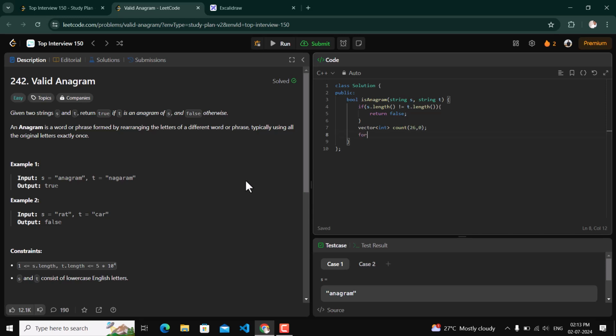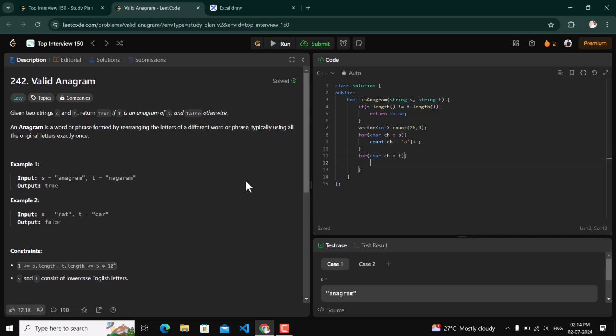Now we will implement a loop and populate the frequency for each character ch in s. So count of ch minus a plus plus. Now that we have created the count, we will iterate for each character ch in t.